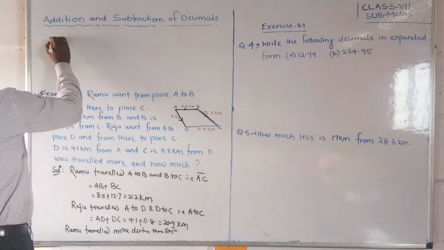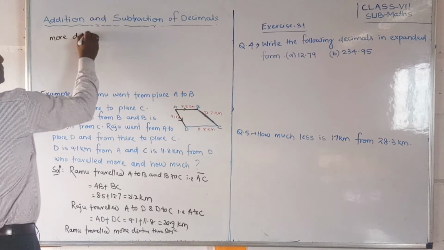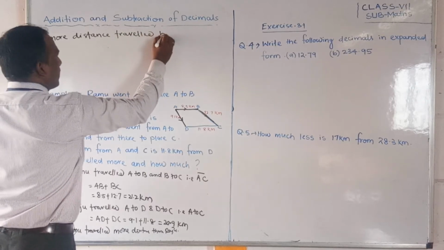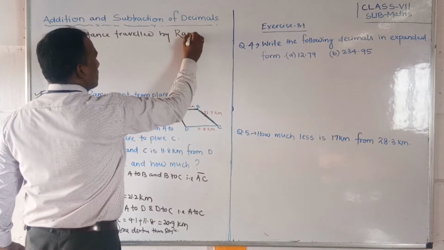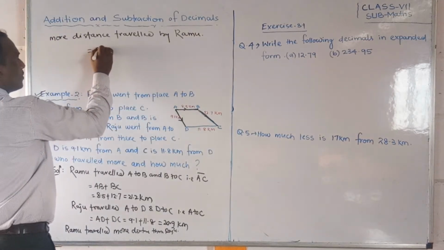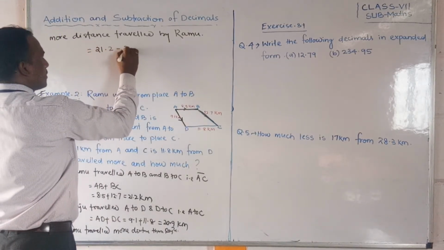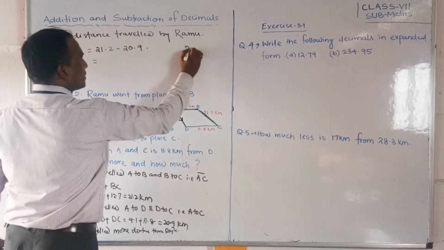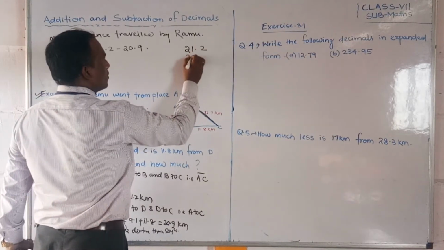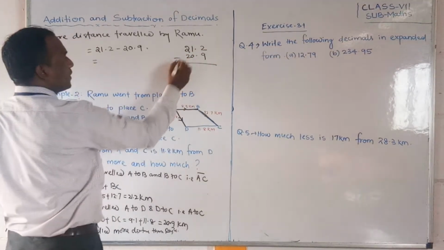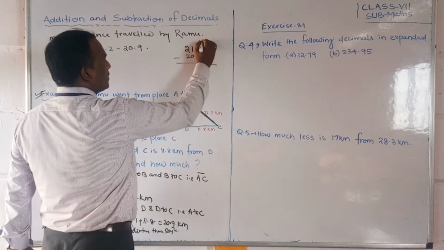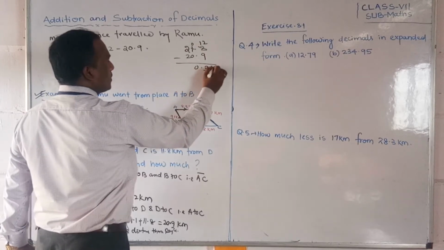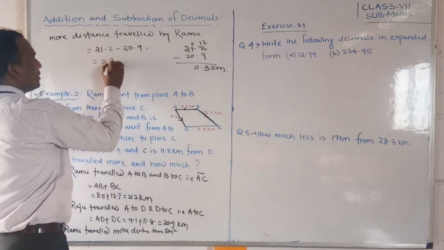Right. More distance traveled by Ramu is equal to 21.2 kilometers minus 20.9 kilometers. So you can subtract 21.2 minus 20.9. Okay, if you subtract, what will you get? Carry the 1, this is 12, 9 means 3, here 0, so 0, so 3, this much kilometers, hence 0.3